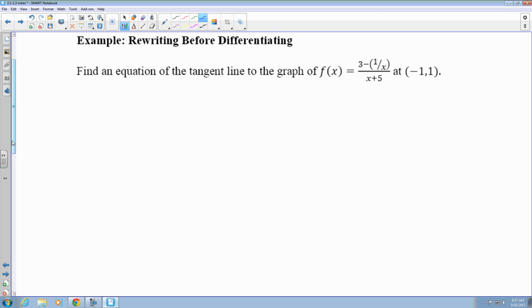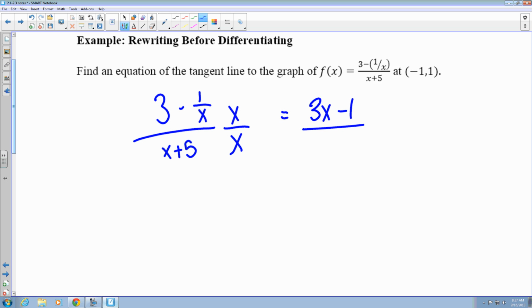Find an equation of the tangent line to the graph of 3 minus 1 over x plus 5 at negative 1, 1. Well, first off, when we rewrite this function, we have a very complex fraction. We need to get rid of that. The way we're going to do that is multiply by x over x, which makes the top 3x minus 1, and the bottom x squared plus 5x. Now we have our f and g, and we can do the quotient rule, which is g